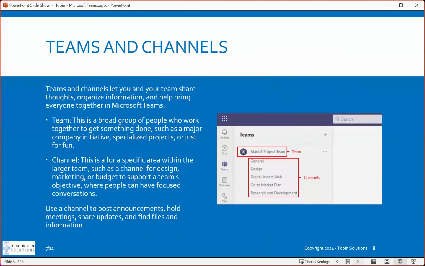So let's get into a little bit about how Teams is organized. Teams has two concepts here. It's got what are called teams and what are called channels. I've got a screenshot here of Teams, and one of the things you'll find out with Microsoft Teams,